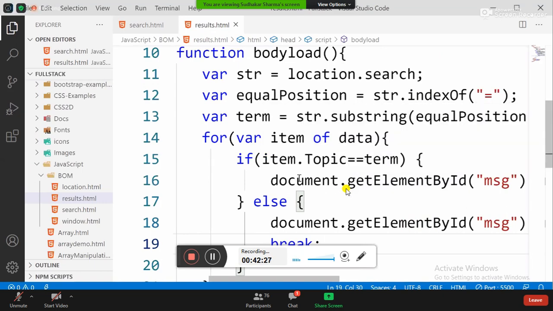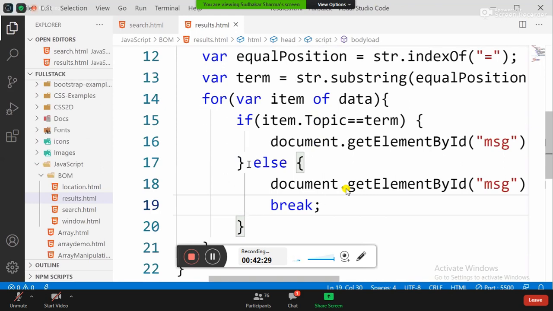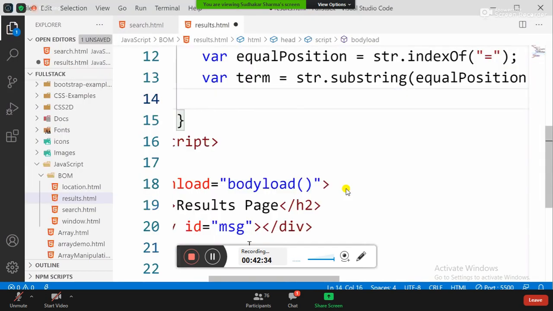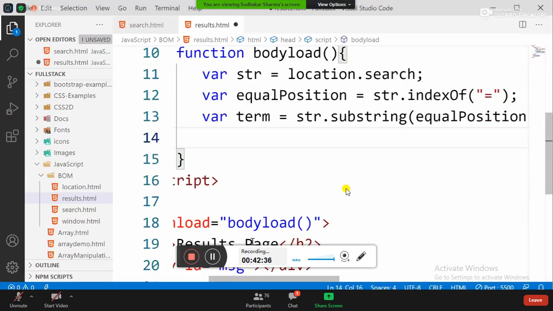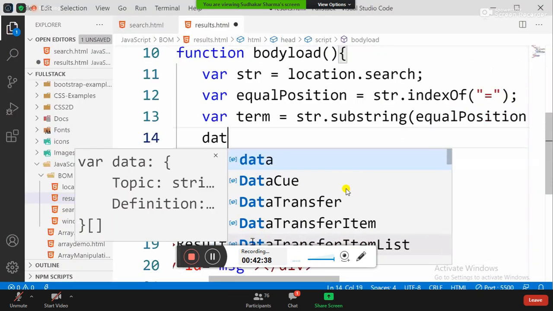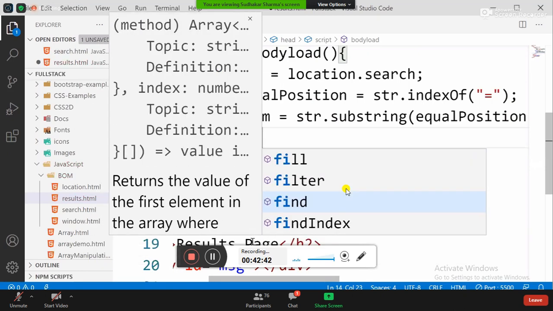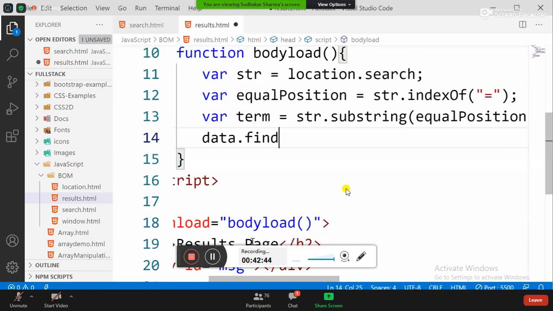Actually, we don't need to do this type of option also. You remember, we already learned about the filter function. We can use a more simplified way. So data dot, here we can write a find option, find. What is the difference between find and filter? I told you, filter is going to display all the details. Find is going to display only the specific one. By using the find function,